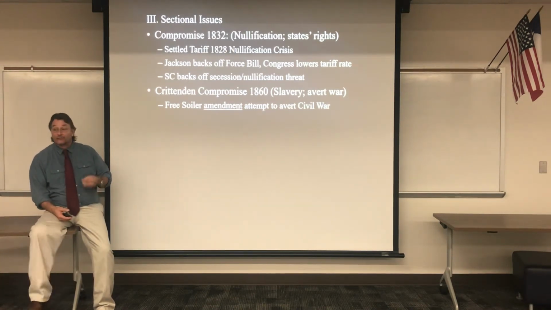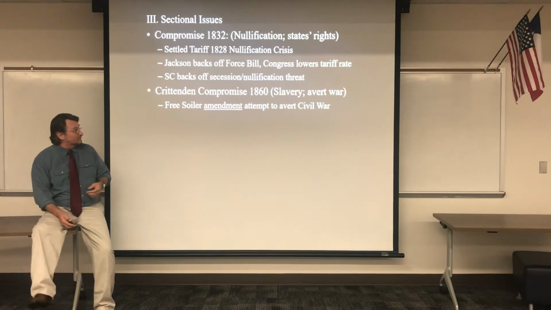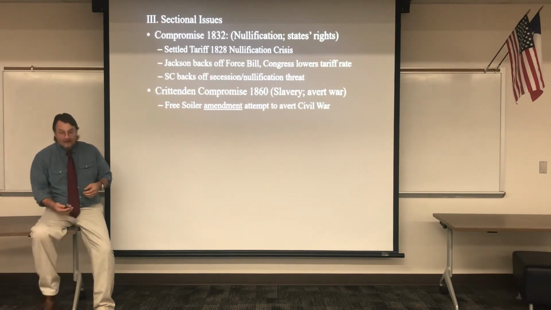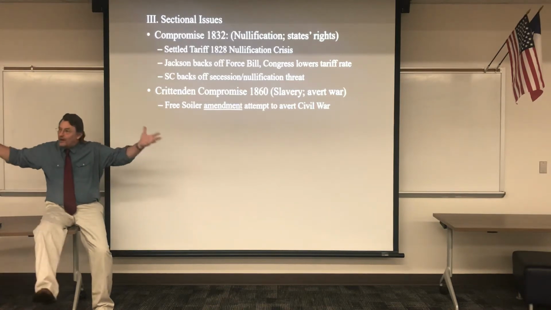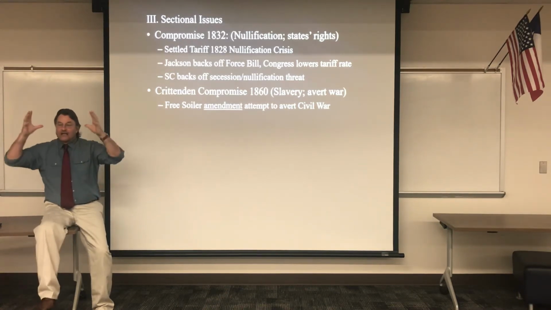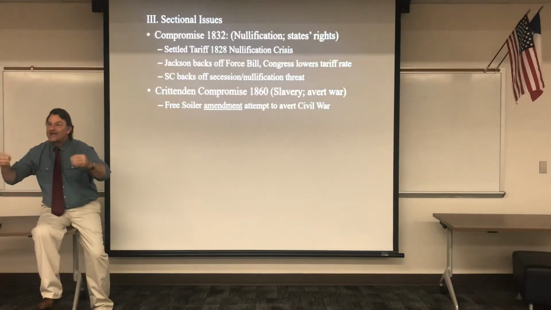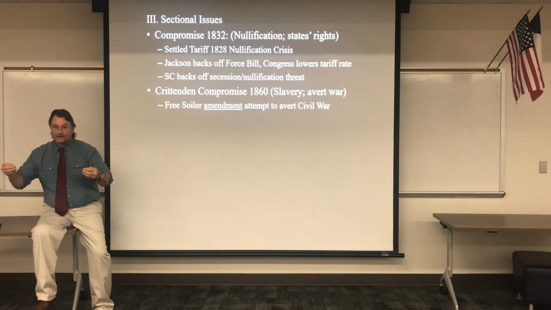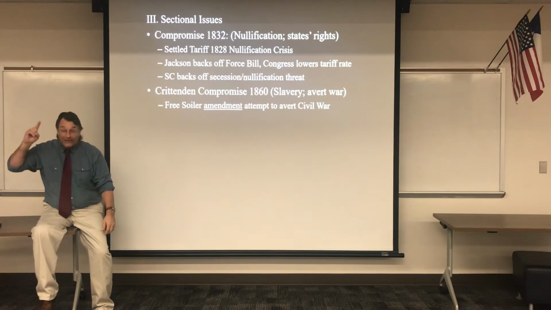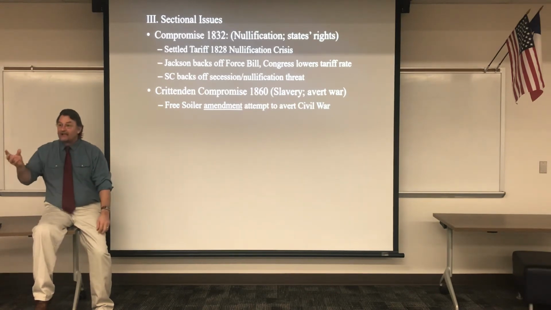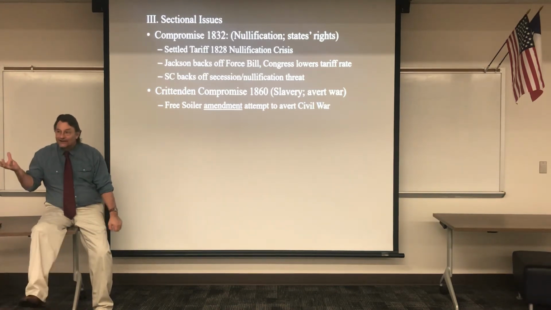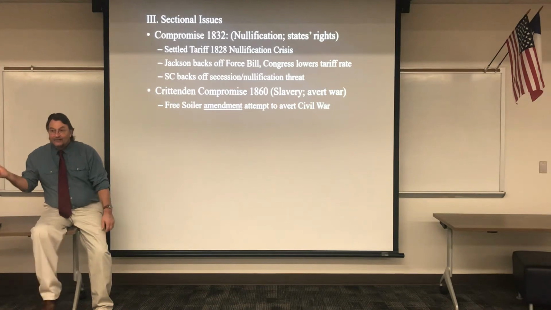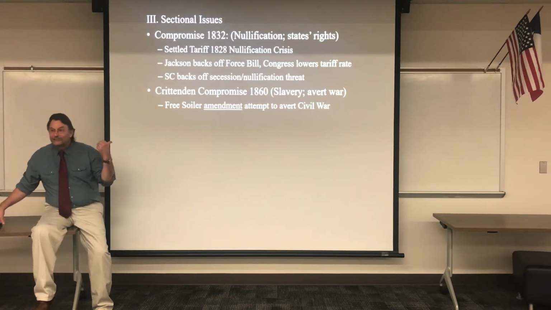There were several of these. There was the Corwin Amendment. Again, we're going to talk about the Civil War later on also, but keep this in mind. If you are going to try to find a compromise to avoid the Civil War, the one thing you are going to have to do, without a doubt, is make Southerners happy about their slaves. You're not going to get rid of it. It's almost like George Kennan: you can only control it. That's what this is going to do.